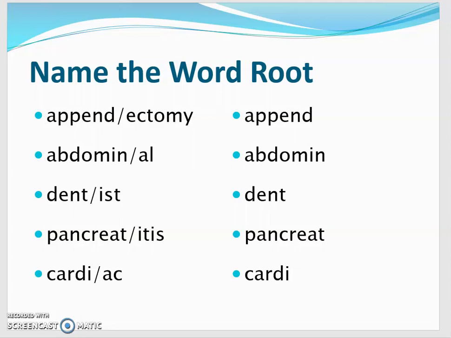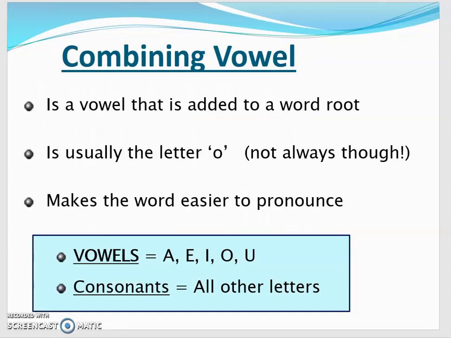Now, I just said these are dysfunctional word parts, yet here we are using them in words and they're functioning just fine. So it's a little tricky in how word roots actually become functional units and how they become part of the word. And I'm going to break that down for you right now. We're going to start breaking that down by talking about the combining vowel. A combining vowel is a vowel that's added to a word root. It's usually the letter O, and I would say